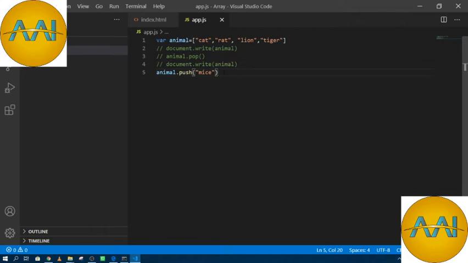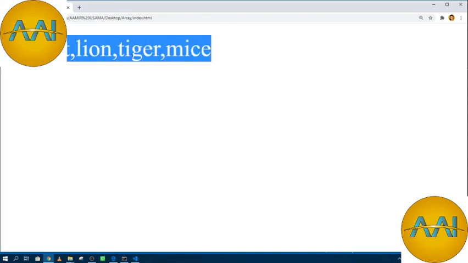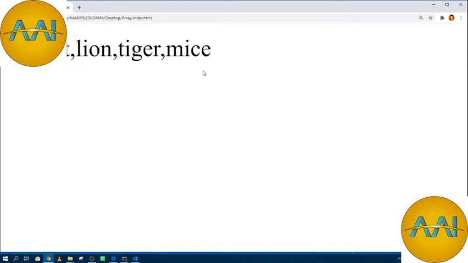I am copying from here and uncommenting, then let's check it. So here it is, guys, I have added to my animal array, after tiger I added mice at the last of the array, and it is added.